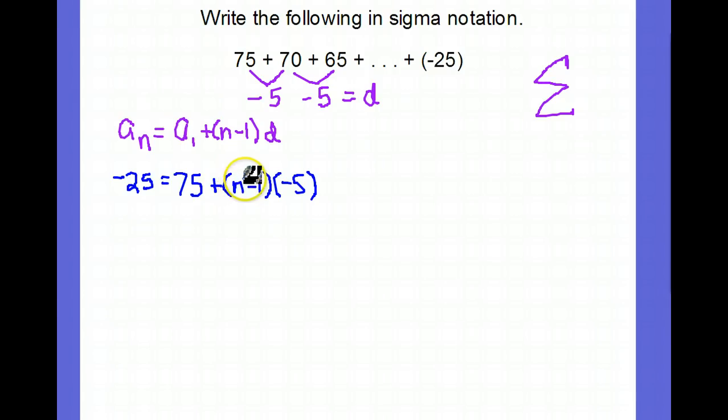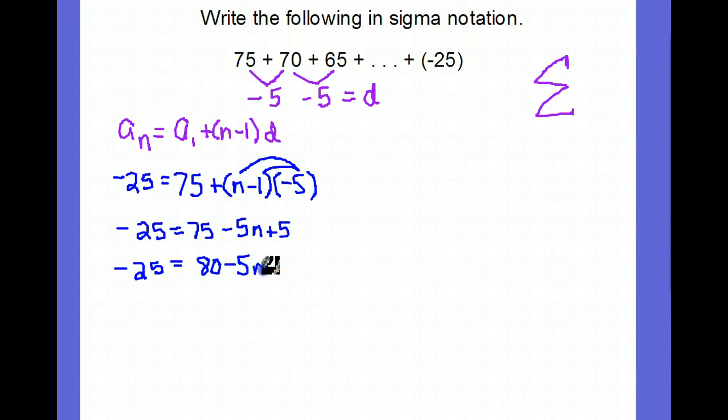Now we want to simplify this a little bit, because we're going to end up solving for n. To do that, we distribute the -5 to the parentheses, and that gives us -25 is equal to 75 minus 5n, and be careful here, a negative times a negative gives us a +5. Now we can simplify further by combining like terms, and we get -25 is equal to 75 plus 5, which is 80, minus 5n. Then two more steps to go. We're going to subtract this 80 so that we can solve for n. So we subtract off 80 here, and we end up with